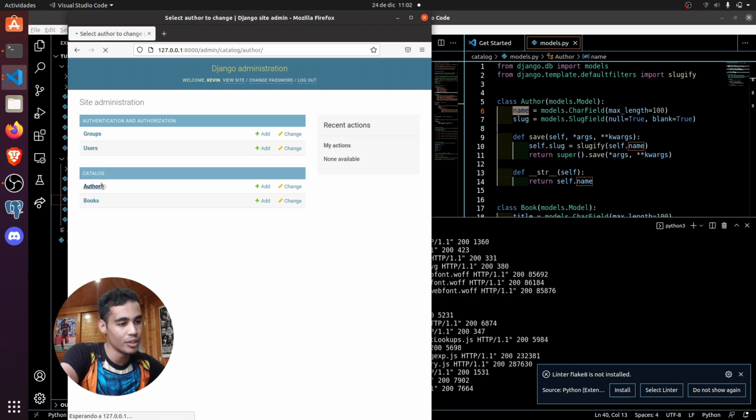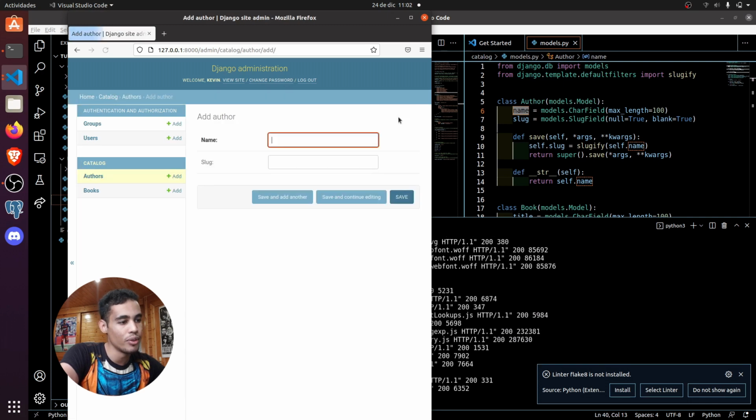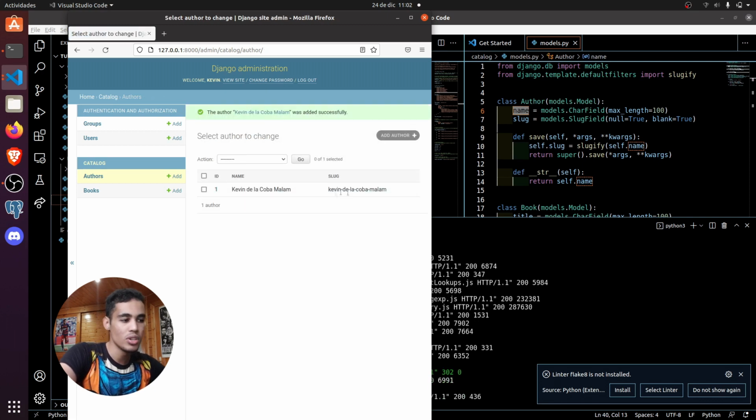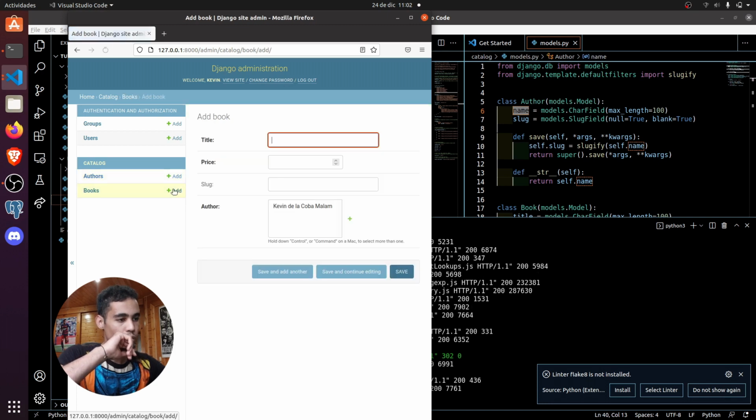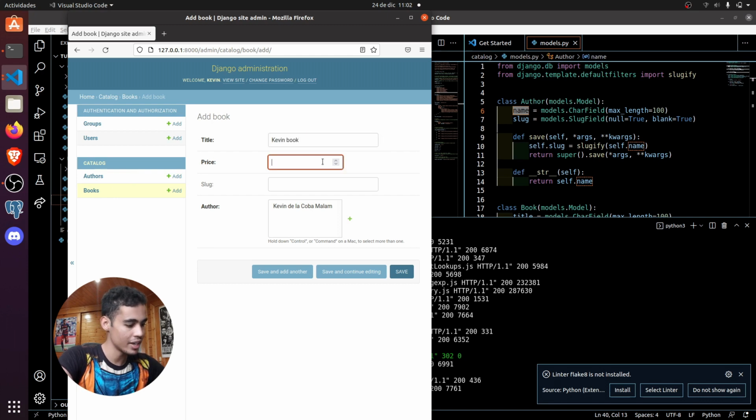So if you come here, you can press add author, and here you can see that the slug is different because it is going to be done automatically. So we put here Kevin de la Coba Malam and we press save. You see that the slug is being saved automatically. And also, if we come here and in book we put Kevin book, price